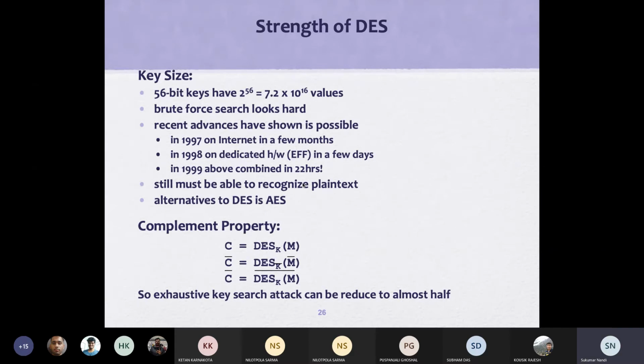So around 2001 to 2002, it was found that single DES is not good enough. So they came up with triple DES, and NIST, the US government, came up with AES, but they made sure that no one uses AES unless they declare it.